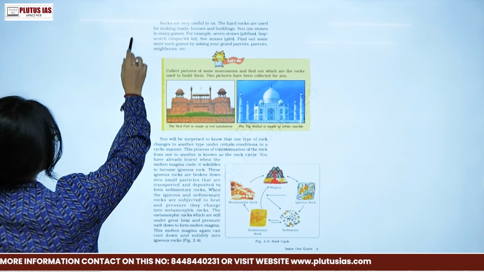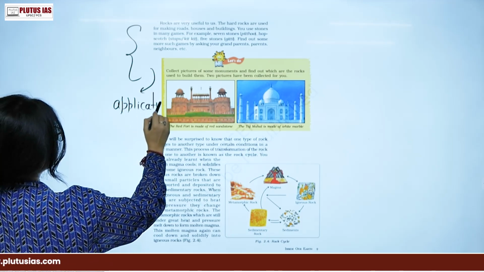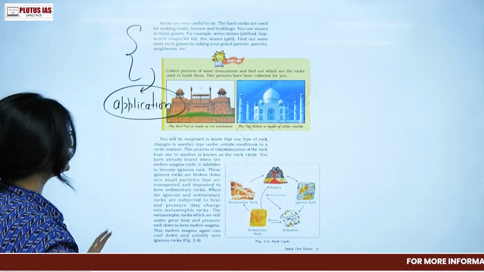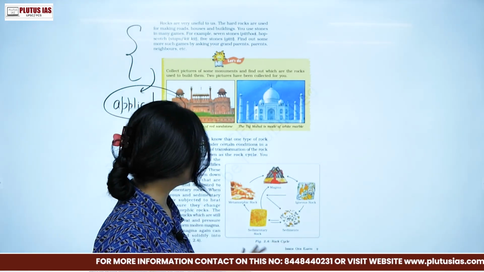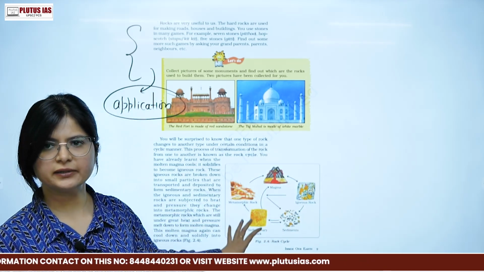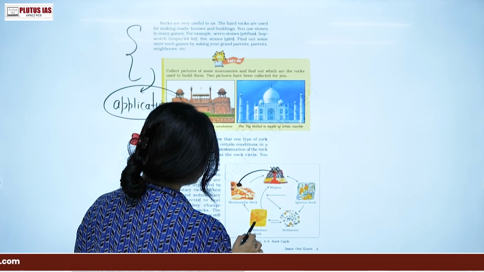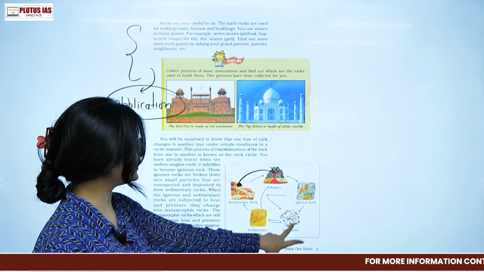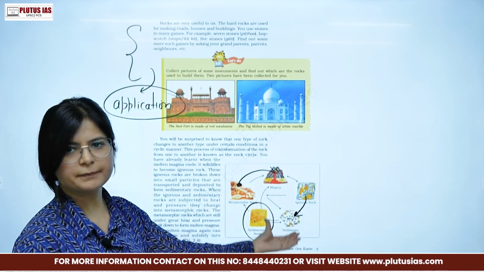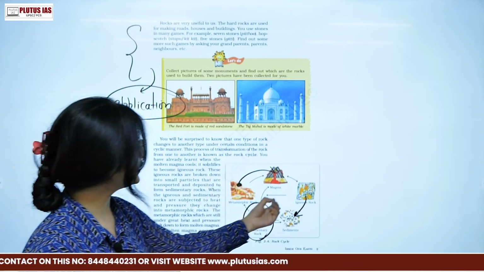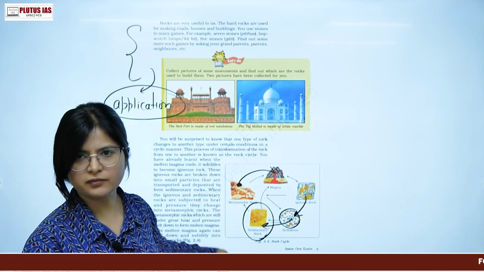Now, these are the uses of rocks. These are the applications which we already know very well, that they are used in the construction of different buildings, etc. Okay. Now, this is the rock cycle that they have given in a very short and clear form. What they are trying to tell you is that metamorphic rock can be changed into different kinds of rock, even igneous rock, right? How is the sedimentary rock getting formed? Through sediments. For example, wind erosion is bringing particles from the igneous rock and making sediment. It will form the sedimentary rock.